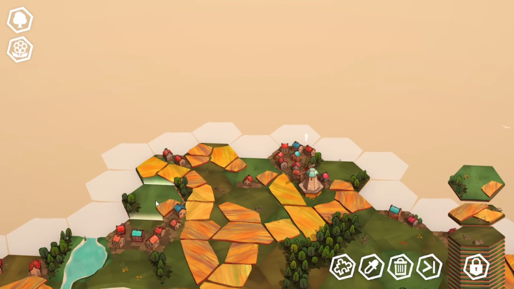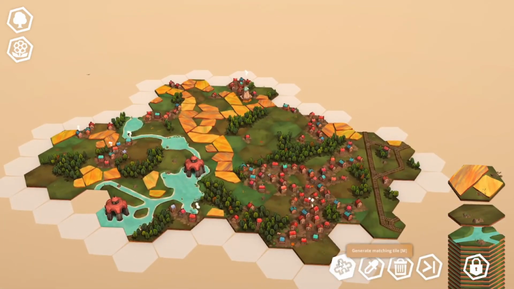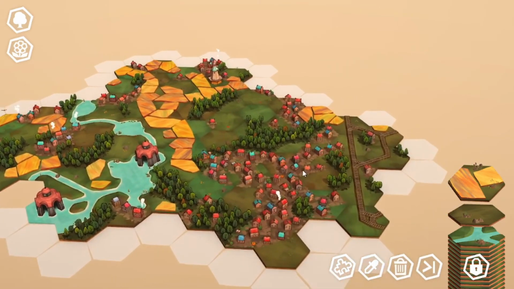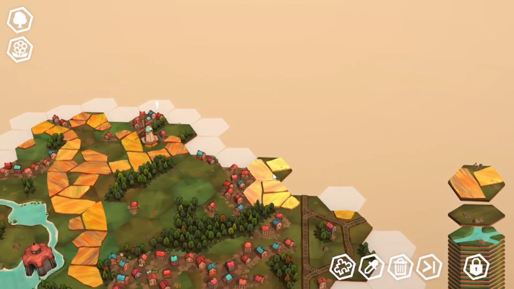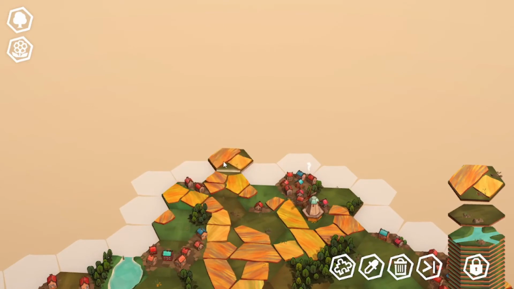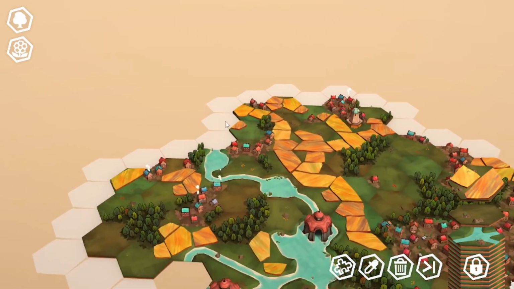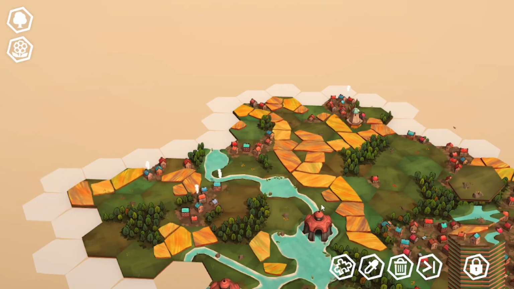I like that. It's not bad either. Let's do that. And as you can see, I have generate a matching tile, eyedropper, delete tile, and discard tile. So let's go. So if you're looking for adrenaline, this is not the place for adrenaline, but I can easily see how I could... Ooh, no, so I want to be careful because of the water there. Let's come over here. Let's do that because I see... Okay, let's...